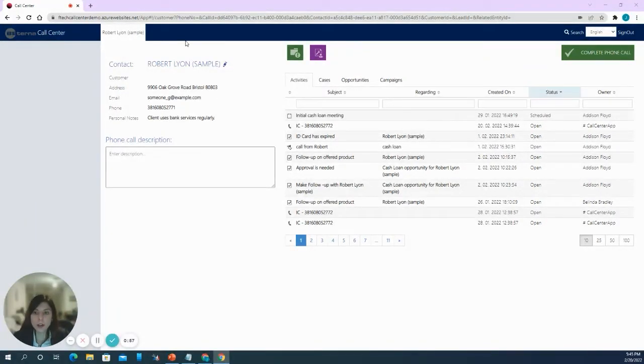In our particular example, Robert Leon is calling to report an issue with the access to his e-bank account. Bearing in mind his phone number was in our database, the mask was able to identify him and display his data. So what we see about Robert is his main contact data, but not only that, we can also see